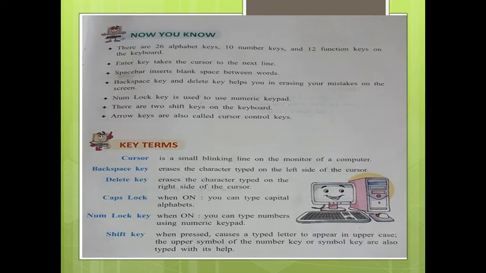Function keys, you can see in the first line of the keyboard, small buttons F1, F2, F3, F4 like that. I will tell you about the function keys. If you want to increase your laptop volume, you can press F3. If you want to decrease your laptop volume, you can use F2. If you want to mute, you don't want to listen to any voice, then you can use F1. So these are the shortcut keys or function keys.